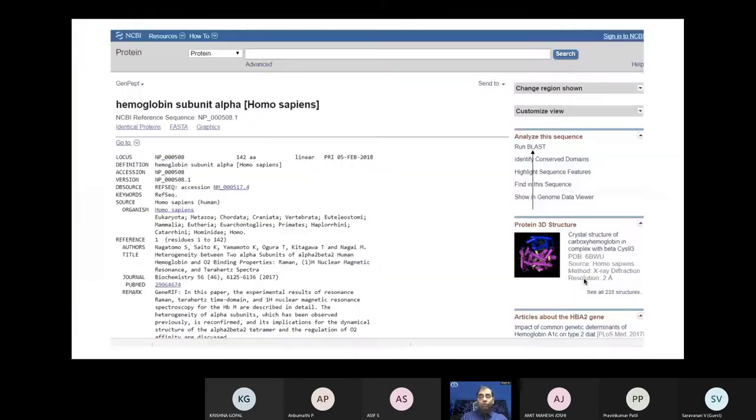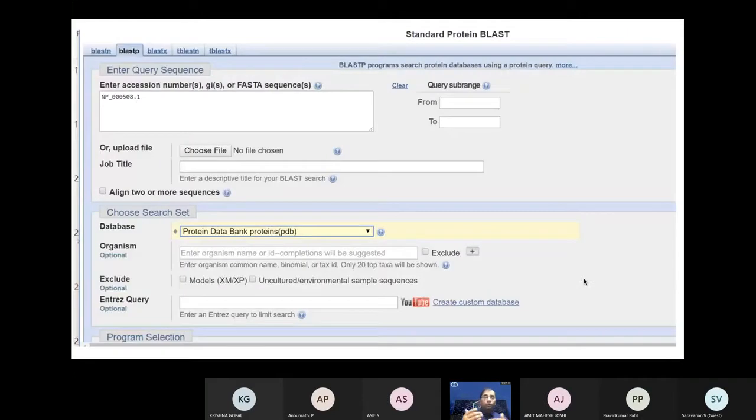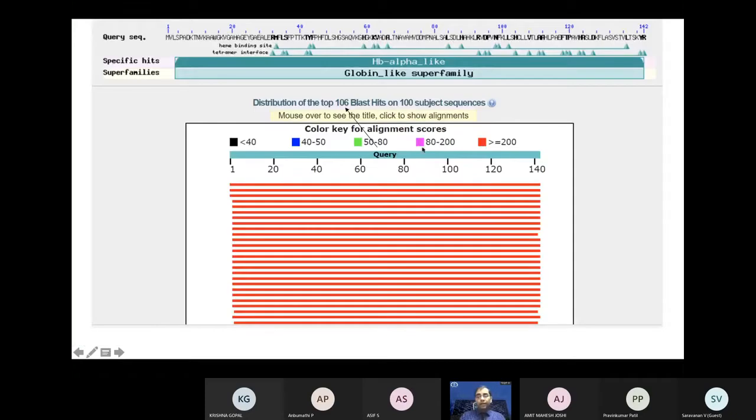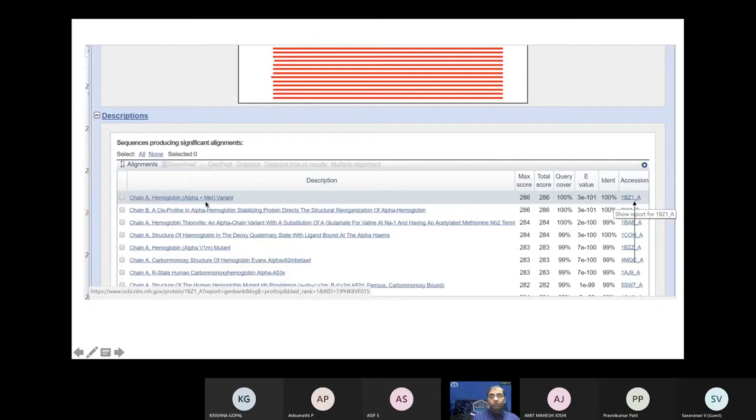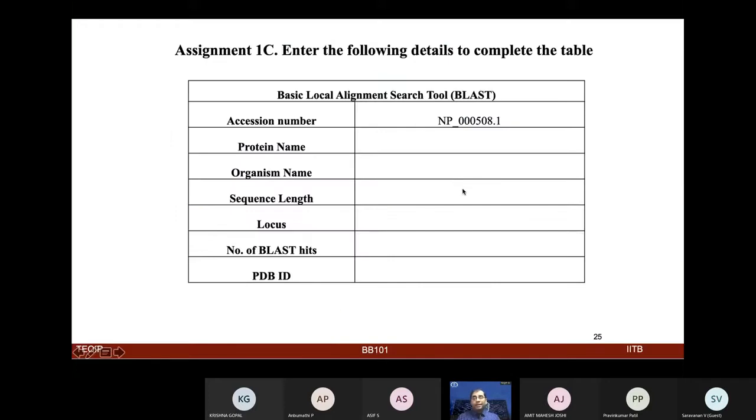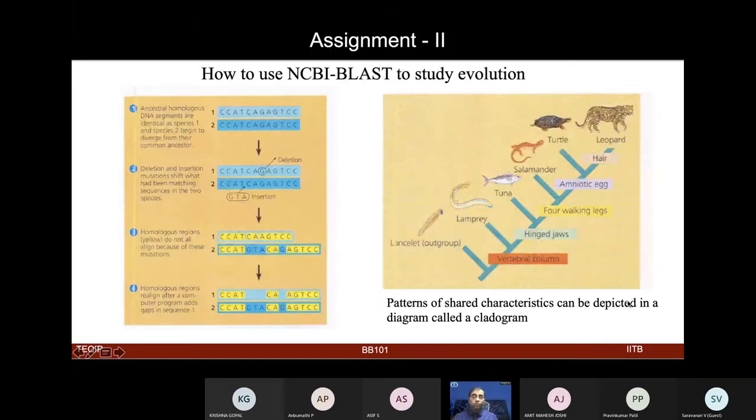But in this case, let's say you just want to know which genome or organism a given sequence comes from. You do this BLAST search, and it shows you many hits. When you look closely, it shows your gene of interest, or the protein of interest, hemoglobin alpha. Now you can fill in the detail of what that protein name is. We will give you some accession IDs, and you have to do this BLAST search and find out what that protein is. Again, these are very simple basic exercises, but they will break the barrier for you to come forward and look into some of the specific search tools that are commonly used.